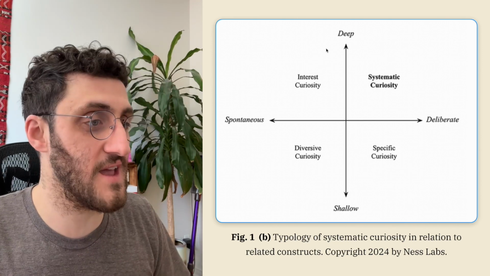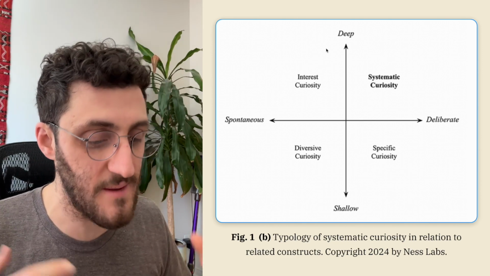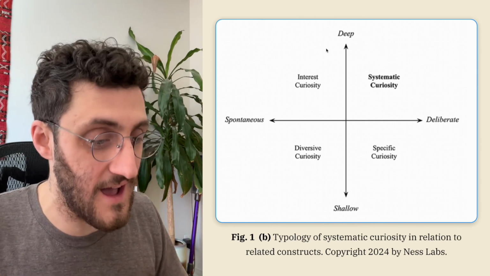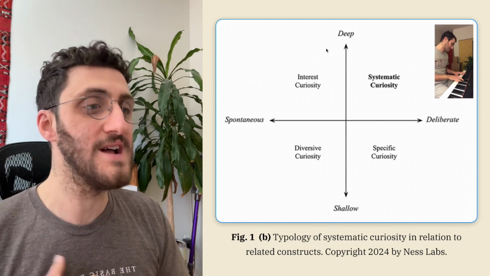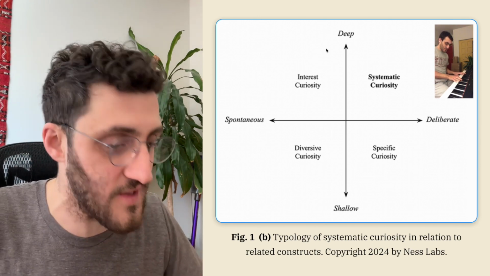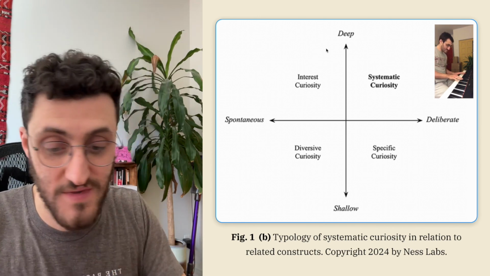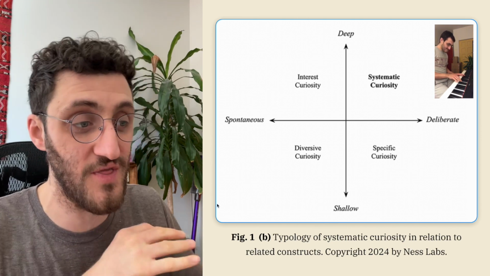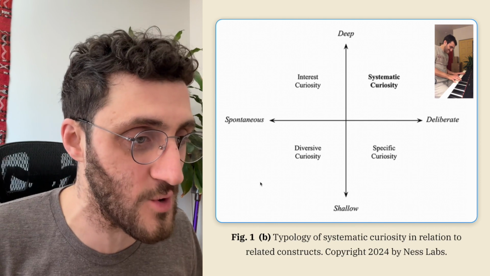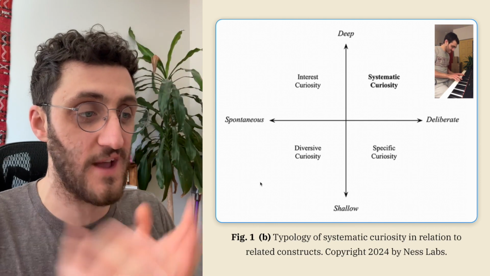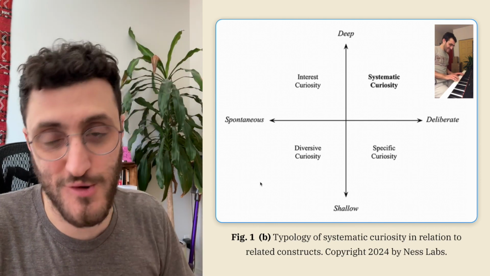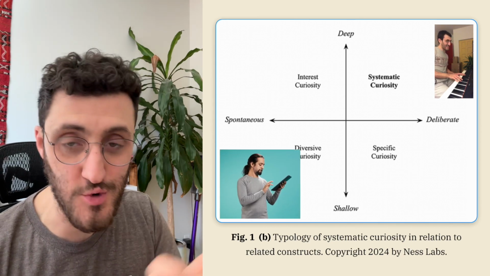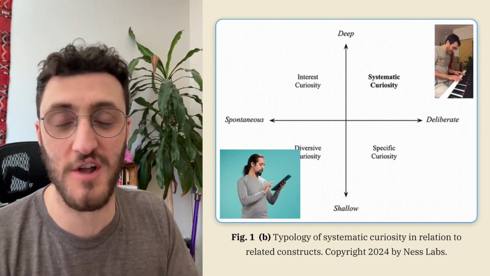So if we think about something like systematic curiosity being the type of curiosity exercised when you're doing deep work, exploring the piano, like something that you're learning and you're sitting down for 3 hours, learning different concepts, discovering them, digging deeper into the things that are really appealing to you, we can say that's systematic. And on the bottom left, the completely opposite corner over here, we have the diversive, which maybe is like flipping through the TV. You're just sort of browsing through an app, scrolling,